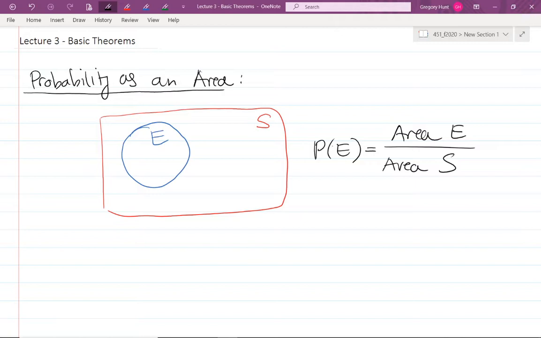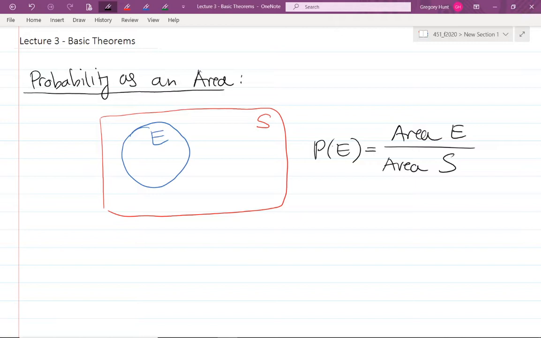And this is a really useful way of thinking about some of these simple probability problems: to draw these Venn diagrams and think about the probability of an event E occurring as the percentage of the area of S taken up by E. And as we get to more complicated intersections, unions, etc. of events, you can draw the more complicated Venn diagrams, and you can often arrive at the right answer by looking at the Venn diagram, and then you can work your way there mathematically, precisely, with a proof.